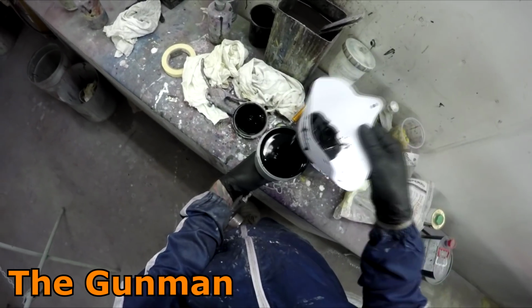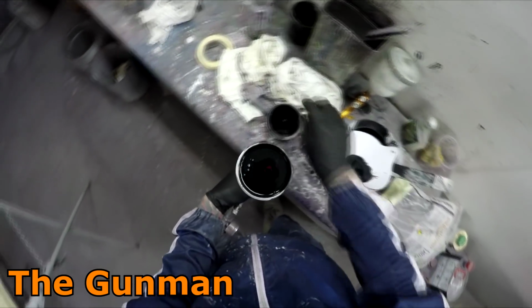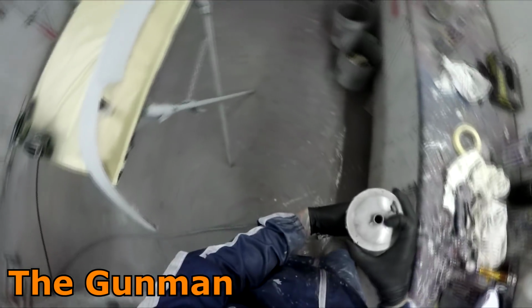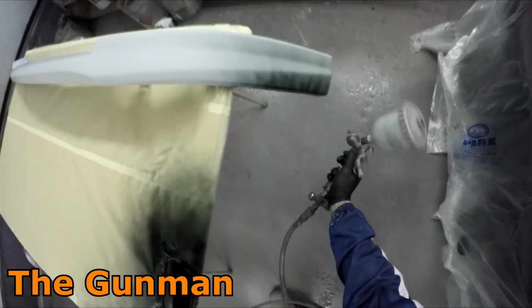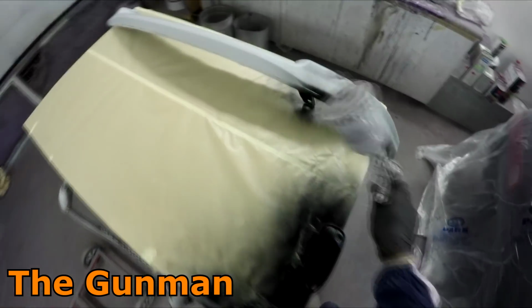But it was just one of those guns that as soon as I saw it, it just looked good. It had a good feel in the hand. It looked like it was well made, and as soon as I sprayed with it, I thought, this is an awesome gun. I slowly fell in love with it, and it turned into my workhorse. So it's my base coat color gun, my 2K color gun, and I used it all the time until